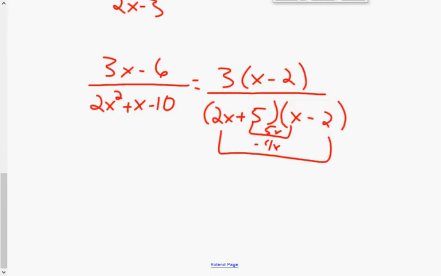Because for the most part for right now, when you get into some higher maths, it's not always going to work out nicely every time. And that's kind of the point. But for now, your first time out, just getting used to all this, it should work out nicely, okay? So now I have an x minus 2 and an x minus 2 on both top and bottom. They cancel. Just like that. And then all I'm left with is